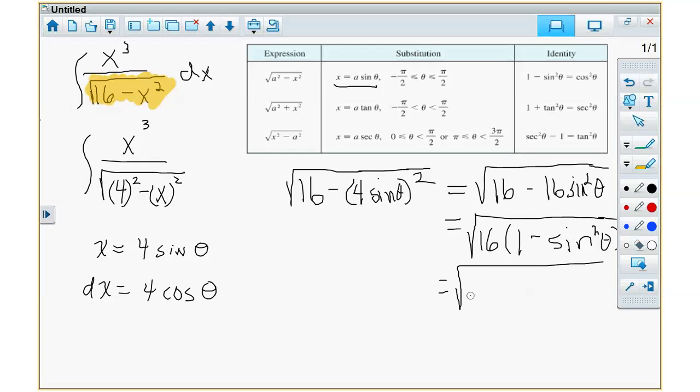What's the square root of 16? 4. And then what is 1 minus sine squared theta? Cosine squared. Y'all feel good about yourself. Why did you do the square root of 16 already? Keep it outside the box. If you wrote it out, you